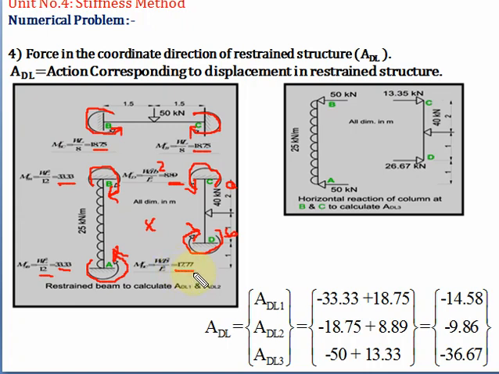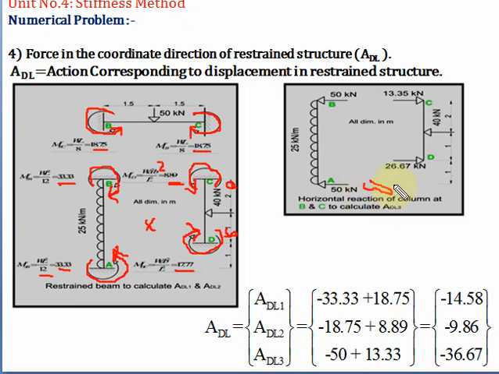So in this way we have found out the fixed moment in different members. Now here in this numerical we are having the third unknown, that is delta. For that we have to find out the reaction at support B and support C. Now in member AB, it is loaded with a uniformly distributed load of 25 kilonewton per meter, and the length of the member AB is what? 4. So what will be the end reaction?